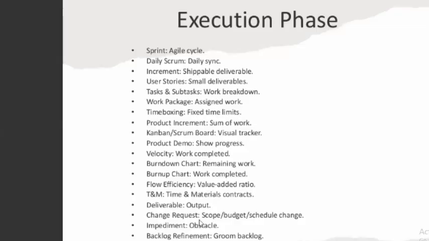Now, anytime you hear impediments in a project environment, we are just talking about obstacles. You hear this often when development teams are working. They say, oh, there's an obstacle, there's an impediment, or there are bugs. You just hear things like, oh, there are bugs in this project, or there are impediments. All right.